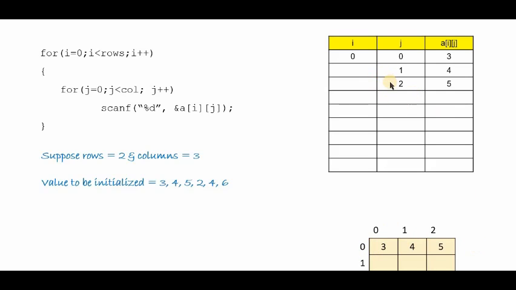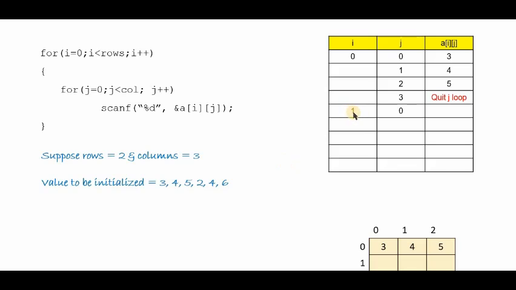Similarly, next we go back to the j loop, increment the value of j, it becomes 2. 2 is still less than 3, hence we enter the j loop and we read the value of a of 0 2 as 5. Next we go back to the j loop, the value of j becomes 3. 3 is not less than 3. So we quit the j loop and we go back to the i loop. Now the value of i is incremented by 1. Previously the value of i was 0. Now it became 1. In the first loop of i, we have read the first 3 columns of row number 0. Now we have gone to the second loop of i.